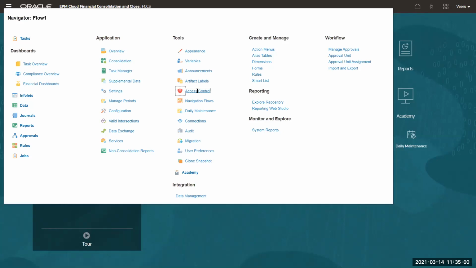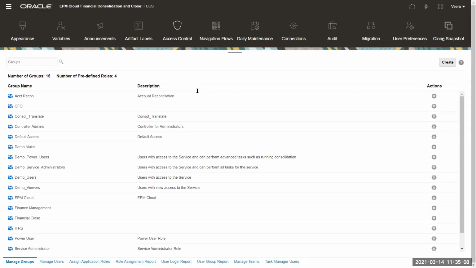So this is where you set up your groups and your native users, and then you assign users to the groups. Okay. This will mostly be useful when you are working with large organizations and you have hundreds and thousands of users, and the different roles they play, different jobs they do. Based on the role and the jobs they do, you can create your groups. In this case, you will get control administrators, default access, demo, maintenance, power users. So there are a lot of groups you can create.